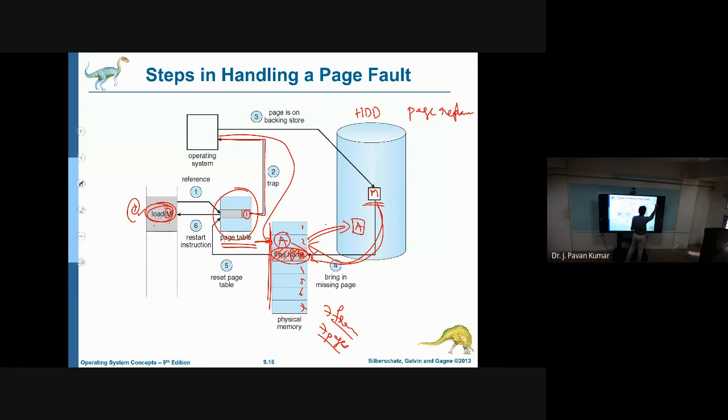In page replacement, we check whether any free frame exists or not. If a free frame does not exist, then we have to pick one page which is suitable to swap out. That page we call the victim page. Whatever page we select out of all the frames, we consider it the victim page. That victim page we swap out, and the required page is brought into main memory. This is called page replacement. And how can we select this victim page? That is based upon the page replacement algorithm.